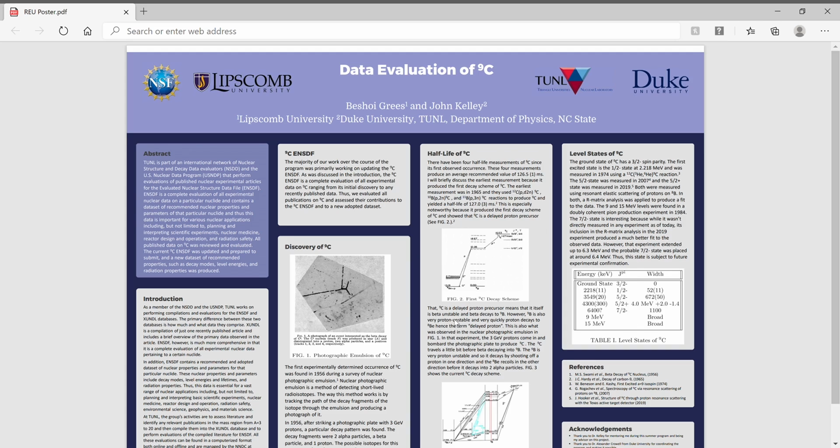This is the current decay scheme for Carbon-9, and if you go on the TUNL website, you can find the current decay scheme for Carbon-9, which is what we have down here. This shows the different level states for Carbon-9, which I talk about here in more detail. The ground state of Carbon-9 is at 3/2-, and since then there has been a 1/2- state discovered, a 5/2- state, and a 5/2+ state, which was the most recently experimentally determined level state of